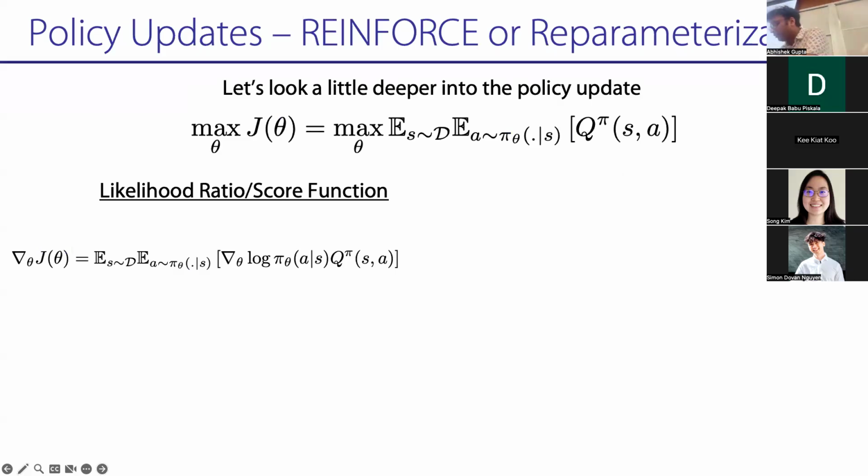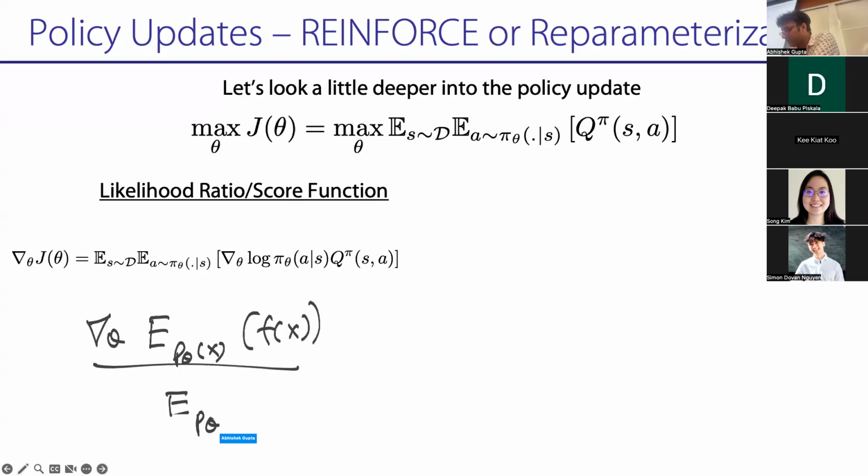If you remember how policy gradient worked, if I had the expectation under p theta of x of f of x, and I'm trying to maximize it with gradient descent, when I compute the gradient, I do all the score matching, multiply and divide by p theta, all the stuff we did in policy gradient, and I just get a grad log in there. So if I take the gradient of this objective, I get p theta x times grad theta log p theta x times f x, right? Remember, I can't take the gradient all the way inside because the expectation depends on p theta. So it's just the same trick we did in policy gradient.